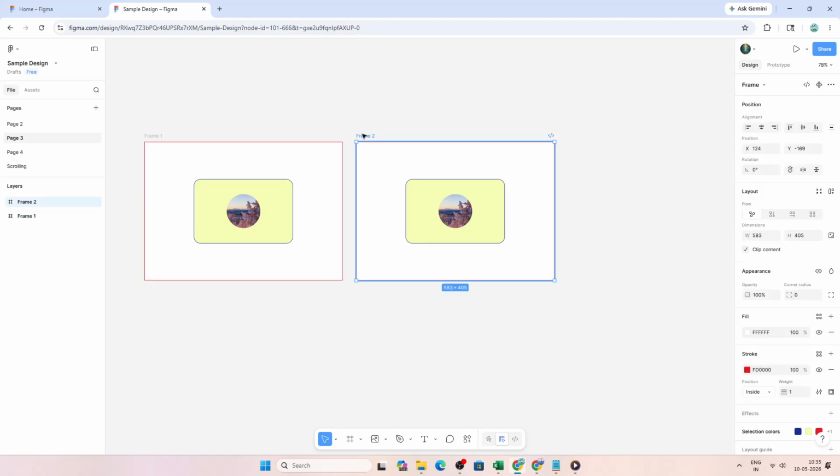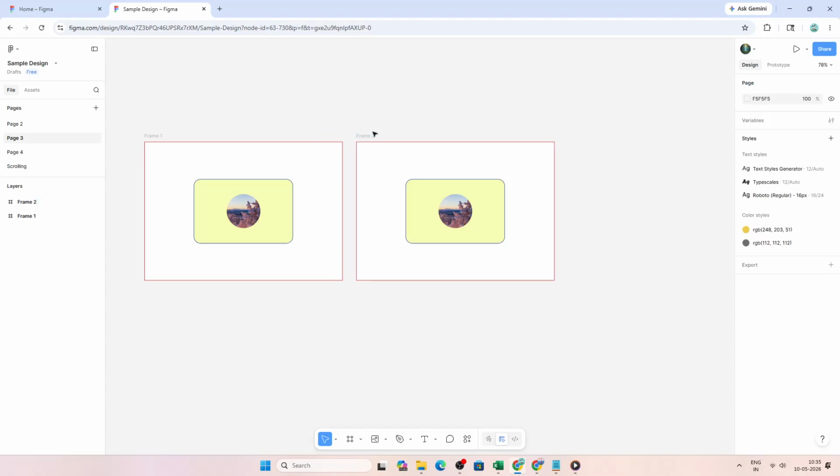The duplicate will contain everything the original had, including any nested layers inside a frame. So it's perfect for exploring variations without altering your source. If you accidentally duplicate the wrong thing, just undo and try again. This keyboard shortcut is the fastest way to create multiple copies in the same spot and then nudge them precisely